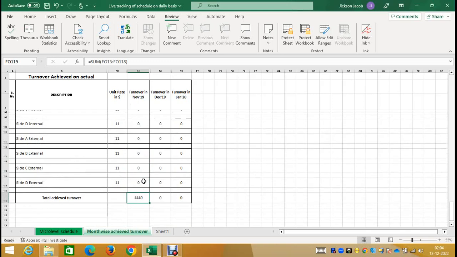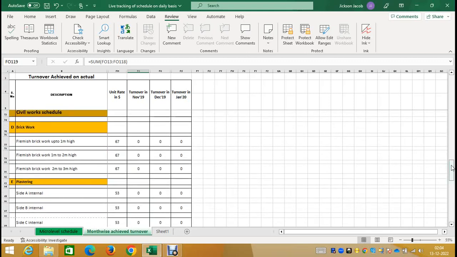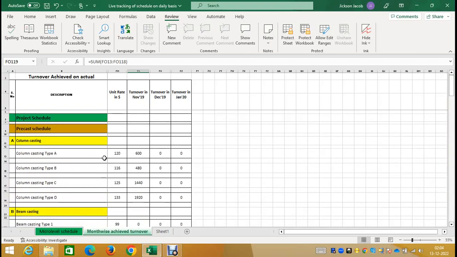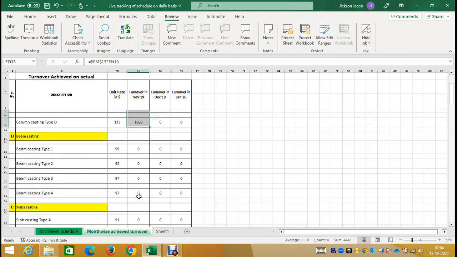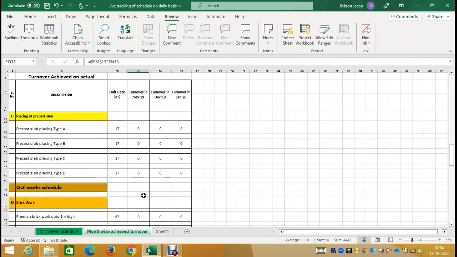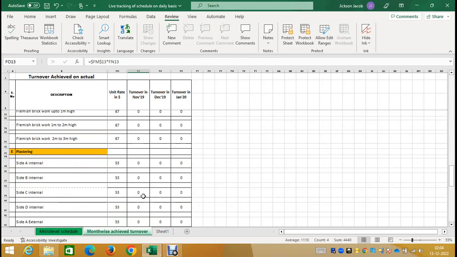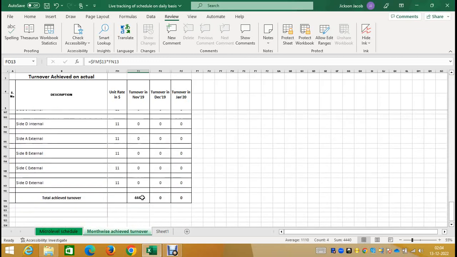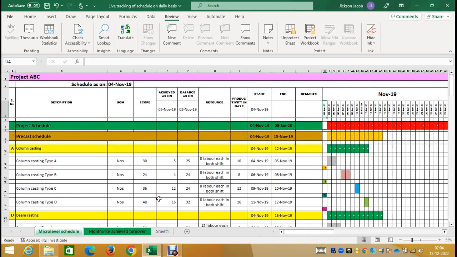So here it's the turnover for the month of November, and by the end of day 1, that is the progress which we entered in the previous worksheet, and based on that, this is the turnover amount which we have generated by the end of day 1. So it is quite easy to track the turnover on a daily basis, and with this we can prepare an S curve, and you can even compute earned value analysis and other cost controlling measures. This is how this scheduling tool has been prepared, with an intention to help